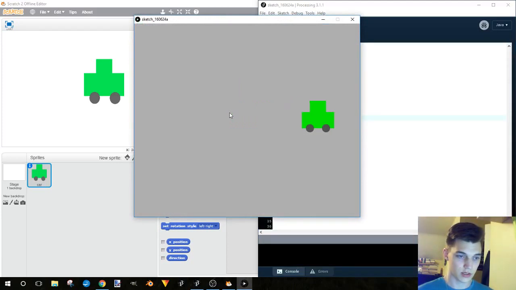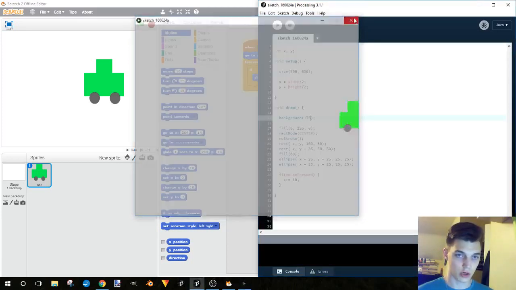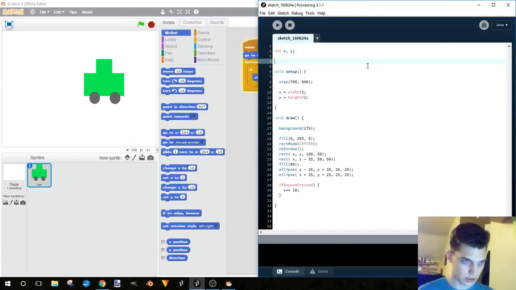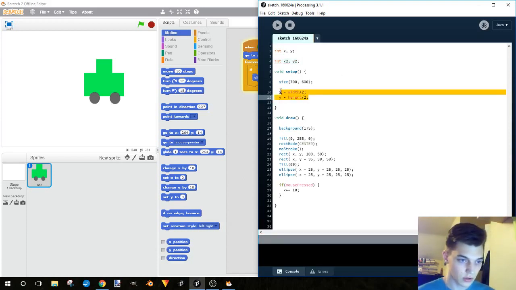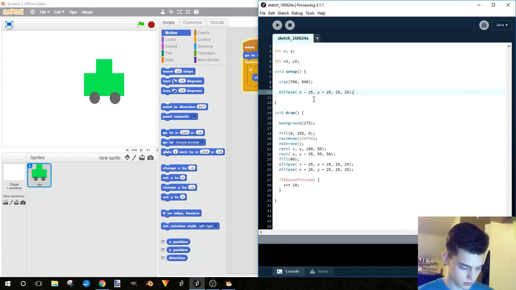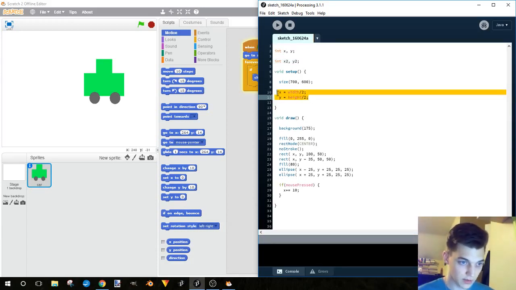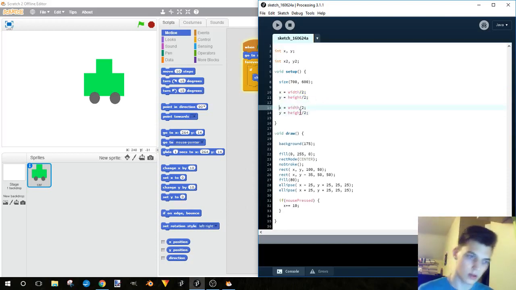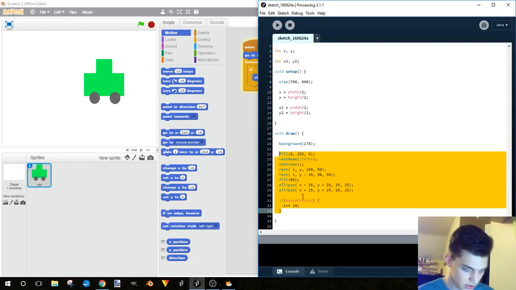Okay, now we have one car and it moves that way, and we have one car and it moves that way. But what if we want two cars? What are we gonna have to do? Well, if we want two cars, then we'll do integer x2, y2, and we just have to duplicate this. Whoops. Control Z. Undo that. We want to copy this. Paste it in, and change this to x2, y2,